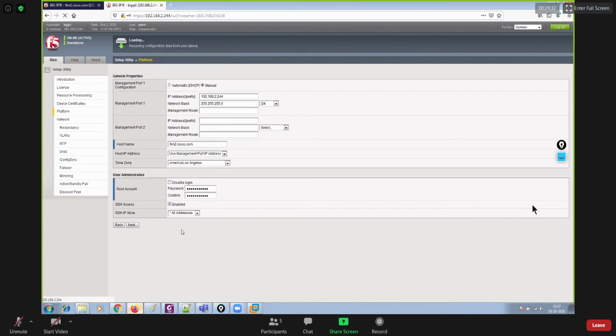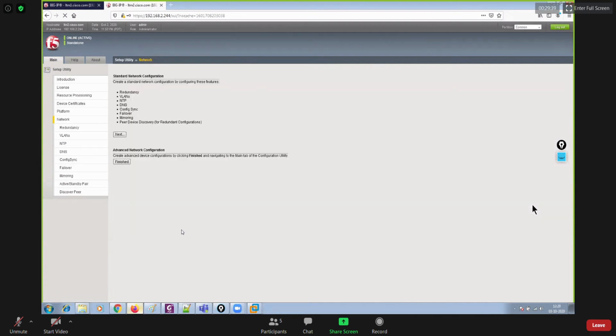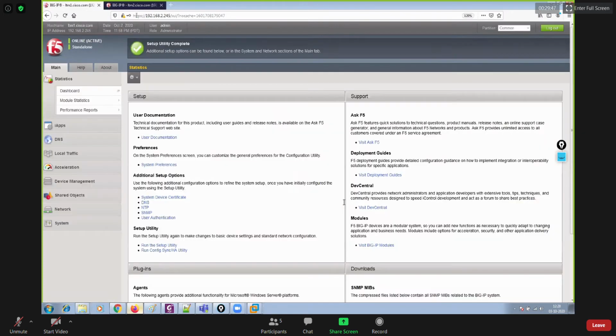Here we go. LTM1, LTM2, both of them are active.